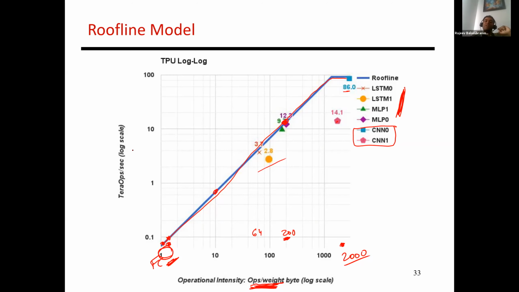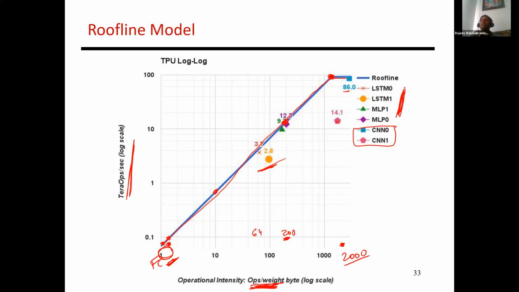The y-axis is final throughput in terms of tera operations per second. These are all memory bound workloads, and depending on how memory bound I am, I can see higher or lower throughput. Ultimately I get to the point where I'm doing so many computations that I'm no longer memory bound. Now I'm limited by how many multipliers I have on the chip and whether all those multipliers are busy or